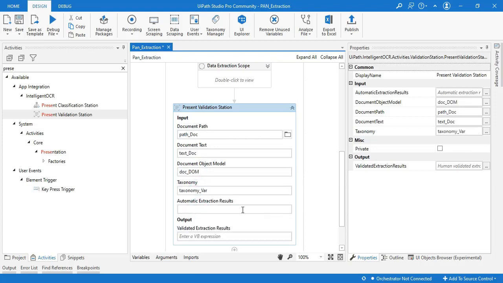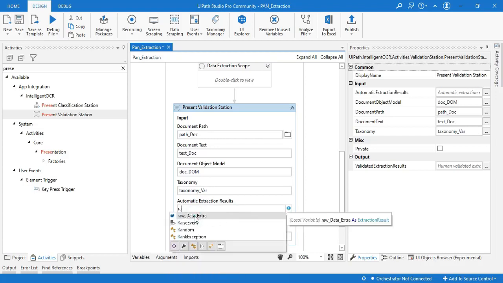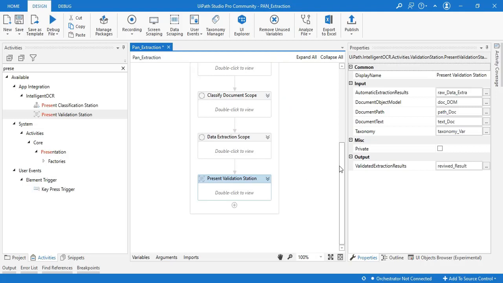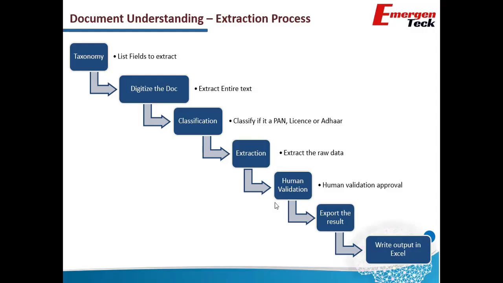The input results would be the raw results here, which we just extracted, and the output result would be, let's create a variable here, reviewed results. That's it. Done. Human validation is also accommodated here. Save it. Our next step was to export these results and then write it into the Excel. This is something we will do in our next video.